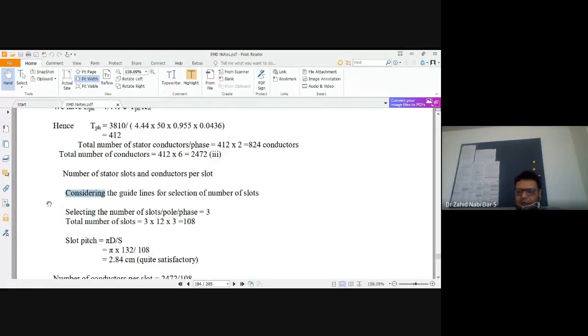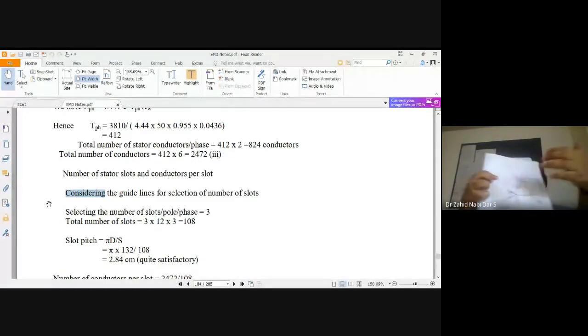For example, I have this water bottle. You can see this water bottle, I can stretch its circle and calculate its length by measuring tape. Suppose I calculate its length is 10 meters. Now I have to equally divide it into 10 portions, so every portion I will get 1 meter. After every portion I am placing a tooth, so after 1 meter, 2 meters. So this is basically your slot pitch.